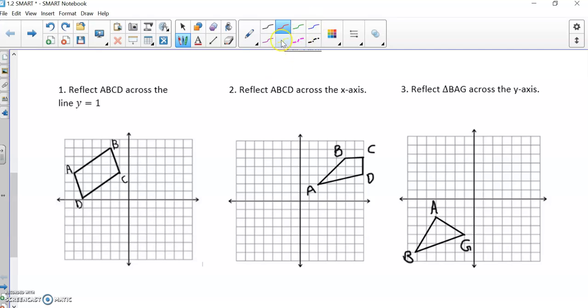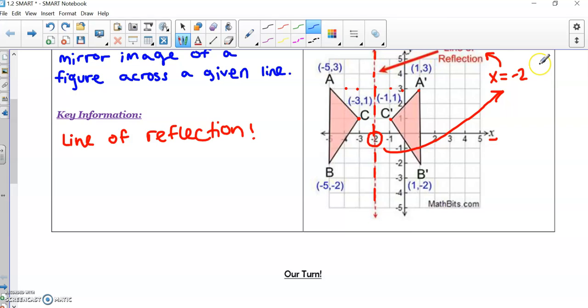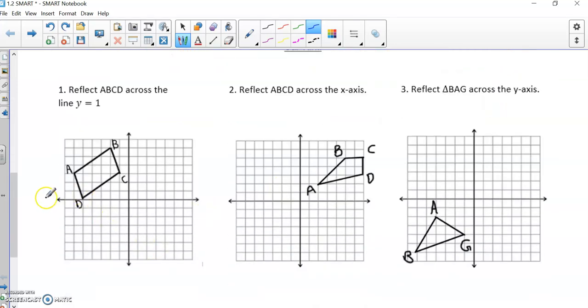So let's take a look down here. We want to reflect this shape across line y equals 1. Now remember, up here, my line was x equals, and it was up and down, because it was on the x-axis at -2. So this one, similar idea. This is the x-axis, this is the y-axis. So for y equals 1, we're going to go ahead and draw our line of reflection at 1 on the y-axis. All right, so now that we have our line of reflection,